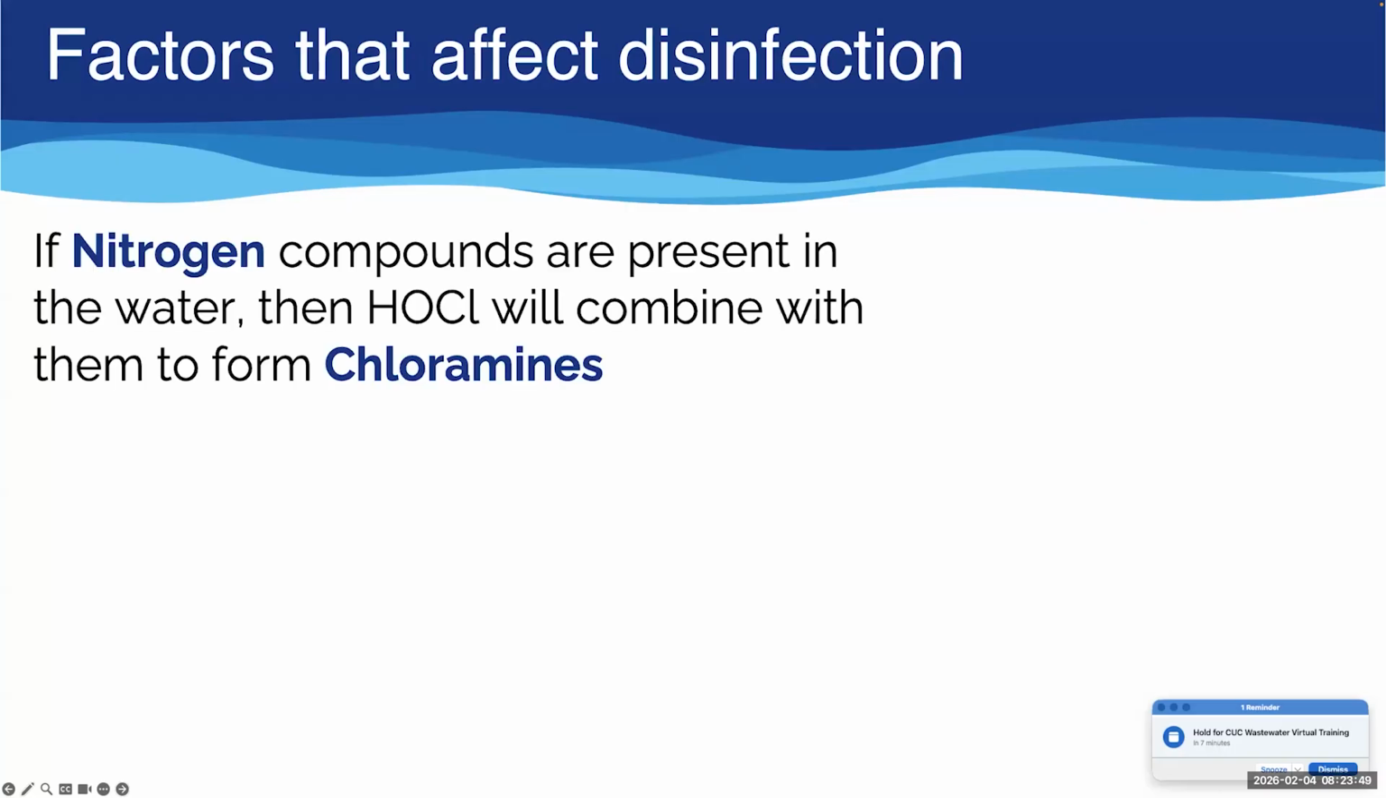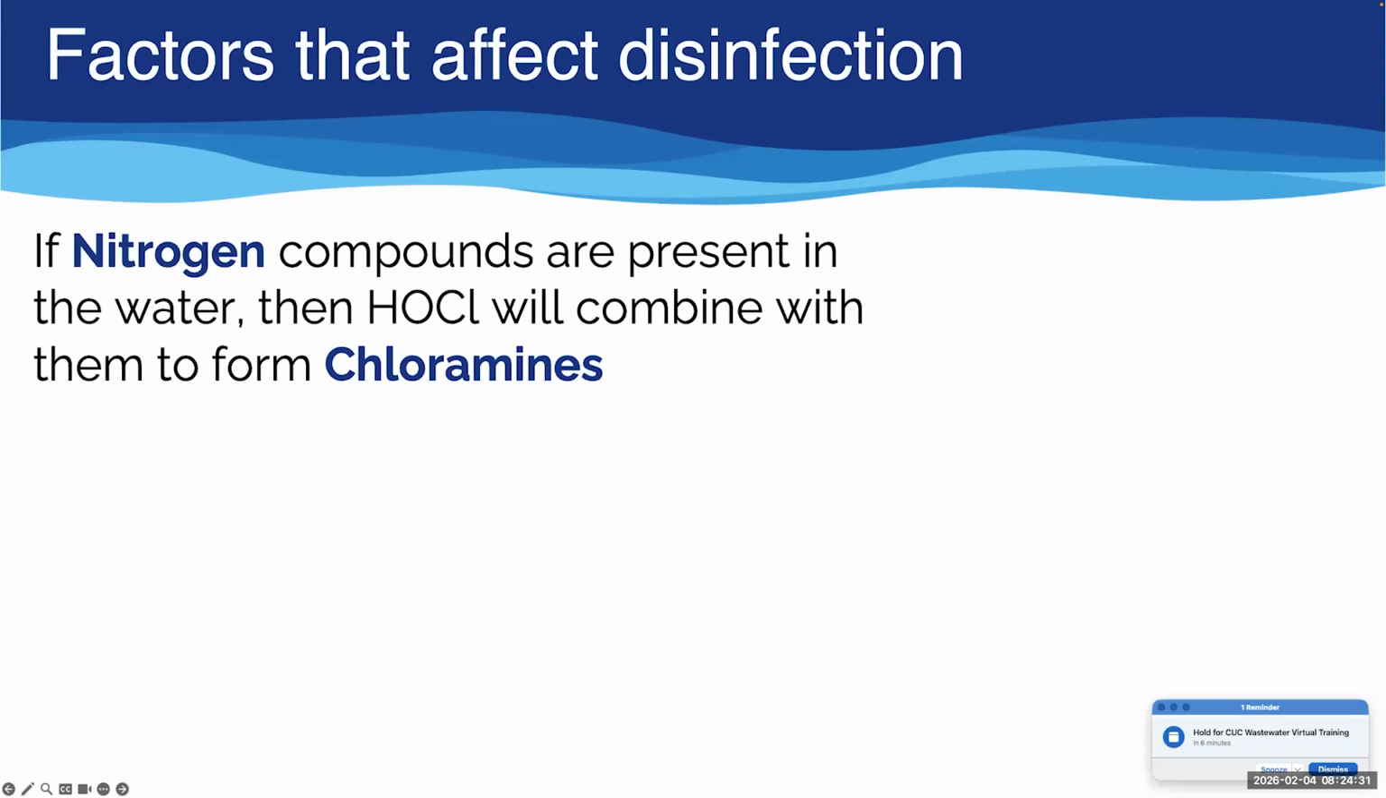Nitrogen compounds in the water, if they're present, then the HOCl will actually combine with them and form chloramines. This is good because it can be measured as a combined residual, meaning that it's combined with nitrogen. You might be familiar from testing with the two different DPD reagents for free and total chlorine. Free chlorine measures the hypochlorous acid and the hypochlorite ion, which are the two effective disinfectant units that we've talked about, whereas total chlorine measures both of those plus anything else that the chlorine has joined with, like nitrogen